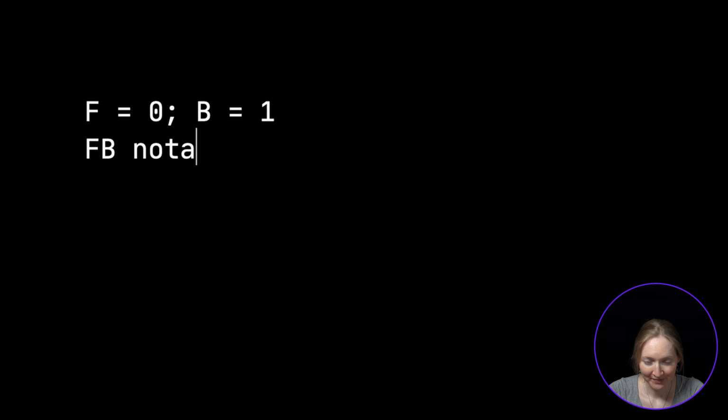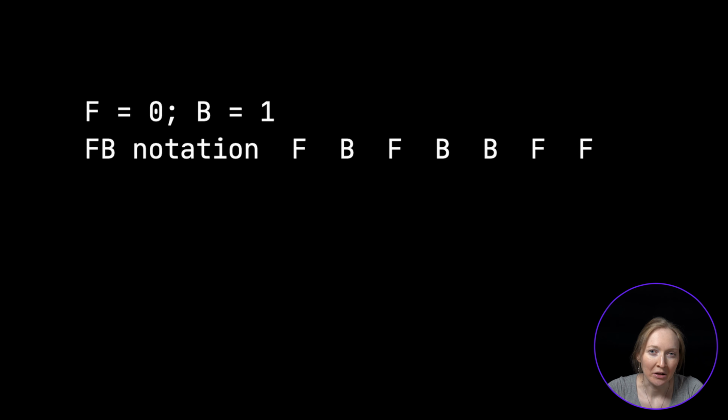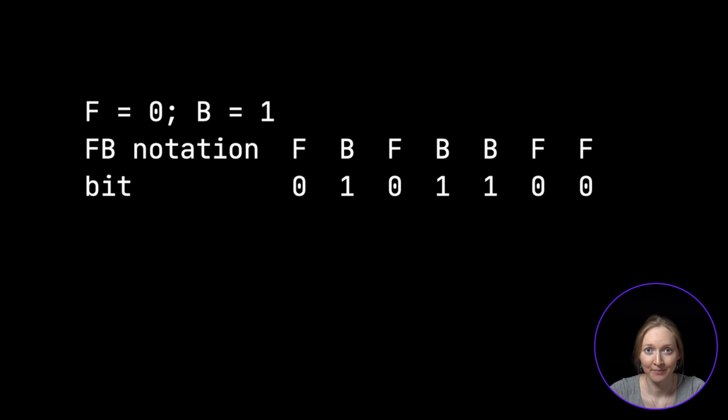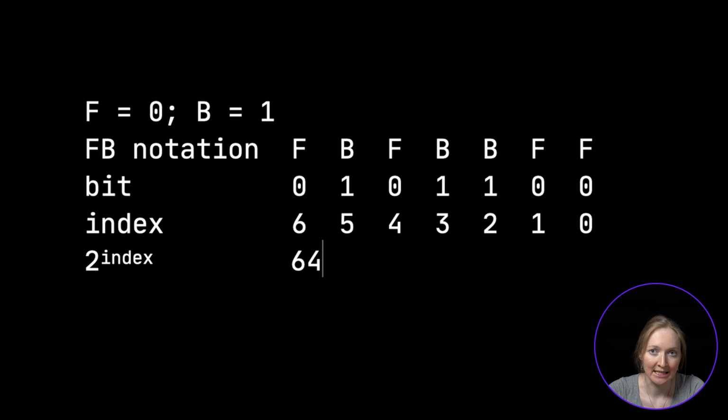Let's consider our example. F is equivalent to 0, B to 1. We can rewrite the encoding then as a binary representation of a number. Each bit in a binary representation has an index and corresponds to a power of 2. We remember that F means to take the front or the lower half, while B means the back or the upper half on each iteration.